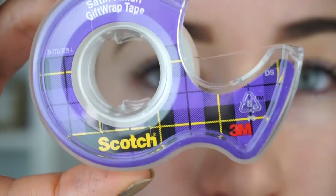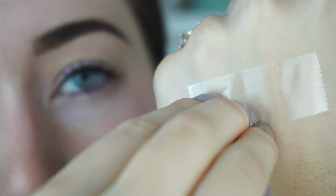Winged liner sometimes just plays you and you're just like, okay. But I made it work, so if you want to see how I got this classic makeup look, then just keep watching. Okay, so I started out by putting some scotch tape from the lower lash line to the outer